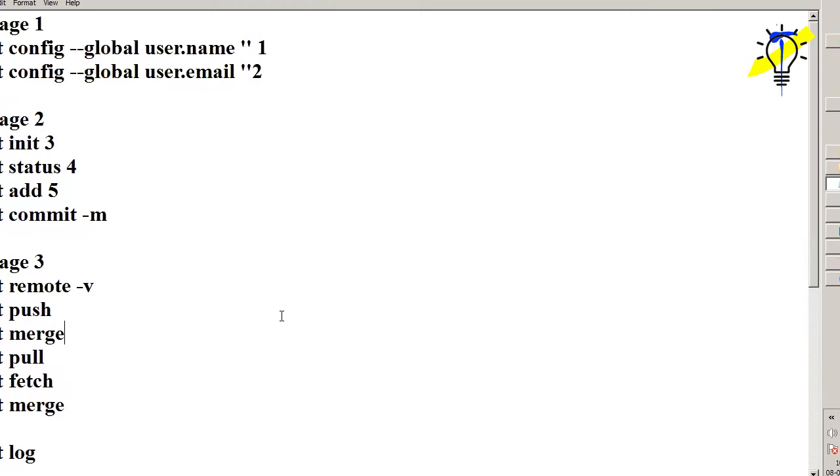Listen carefully. If I want to add both, I can use master with south. So what happened? With master, south is added. If I use it the other way around, this command is also allowed, south and master. Then with south, the master is going to be added here. So this will happen consequently.